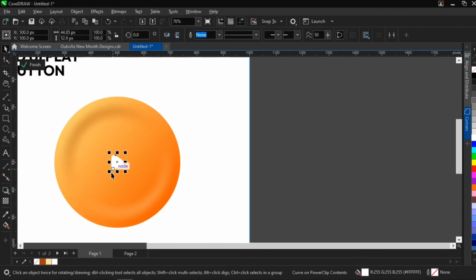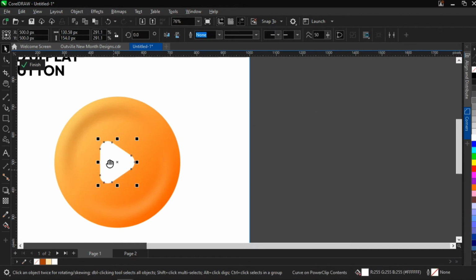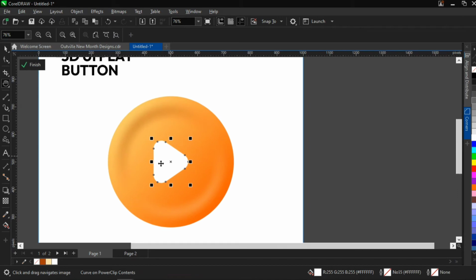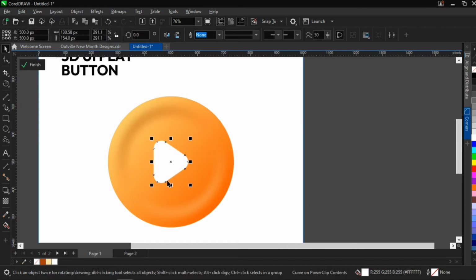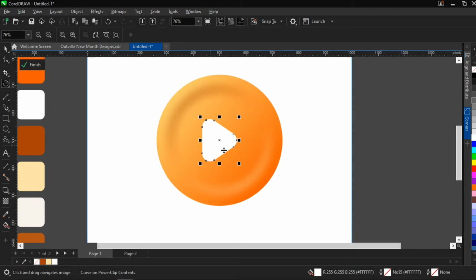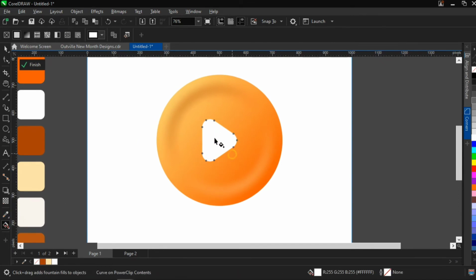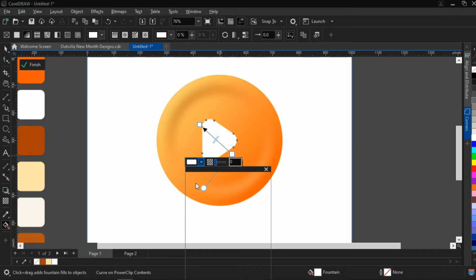and bring it to the middle with P. Then you can increase it to however you want. Then we are going to make this a kind of gradient also. So we are going to go to our interactive fill tool, and you apply a sort of gradient to it. So this particular area, we're going to give it